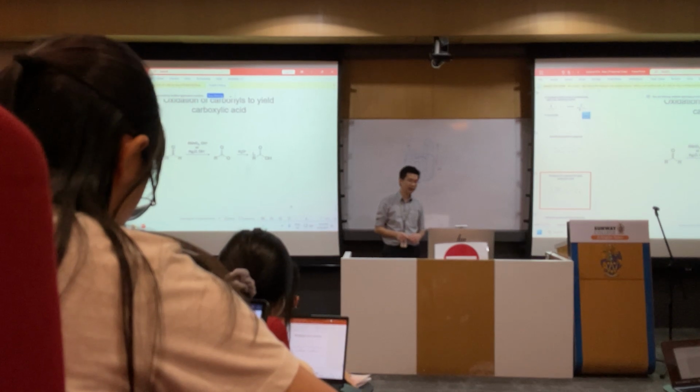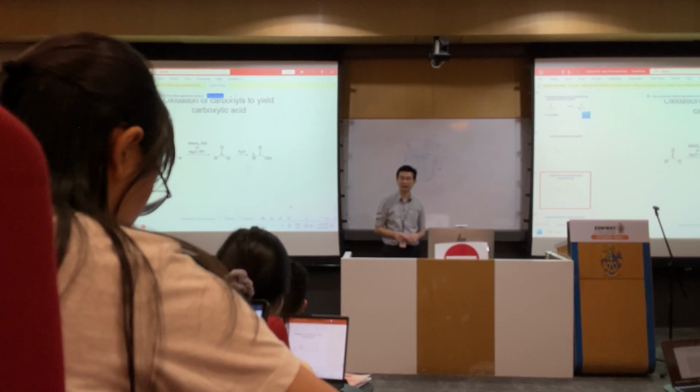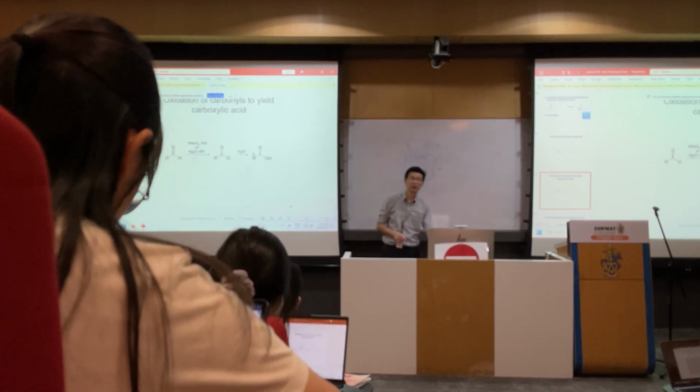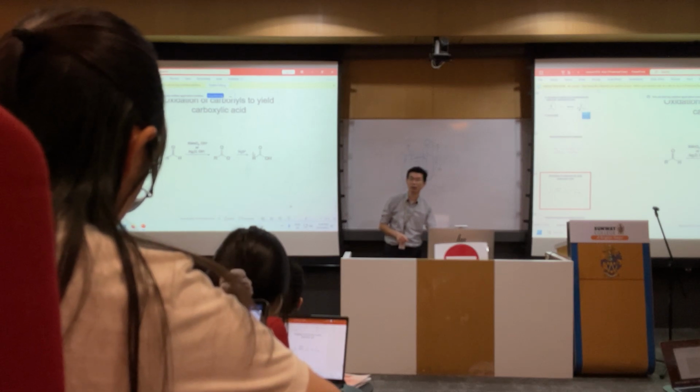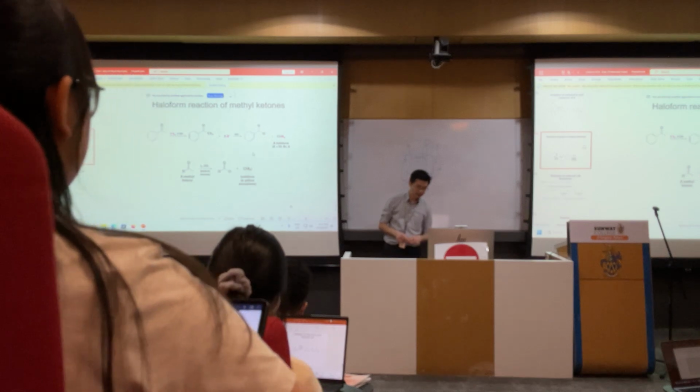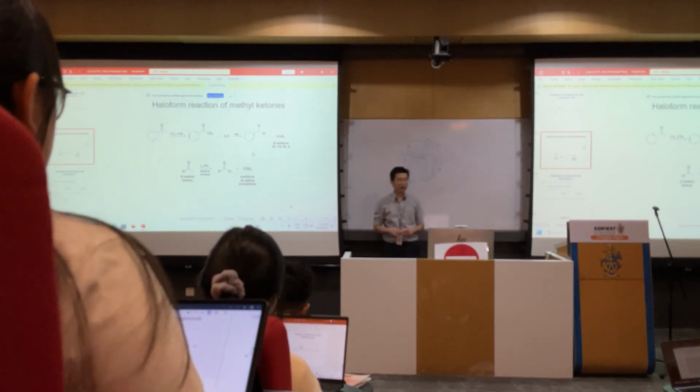You get a carboxylic acid under acidic condition, in the presence of KMnO4, which is a strong oxidizing agent. And then we can also